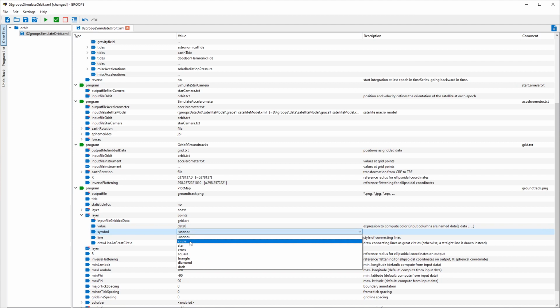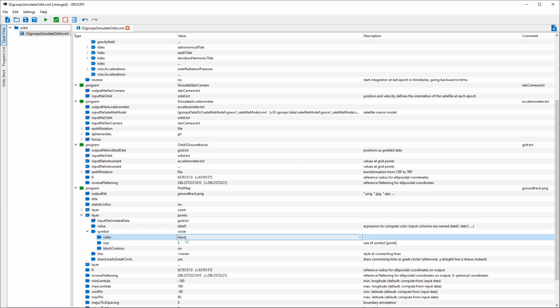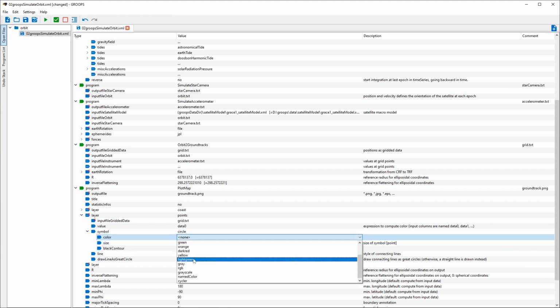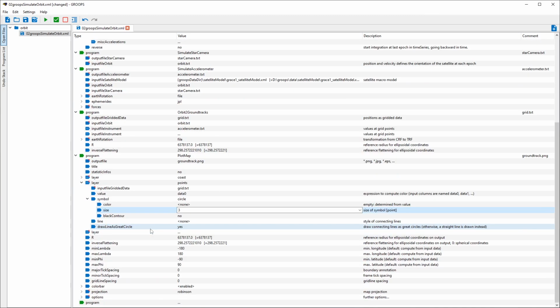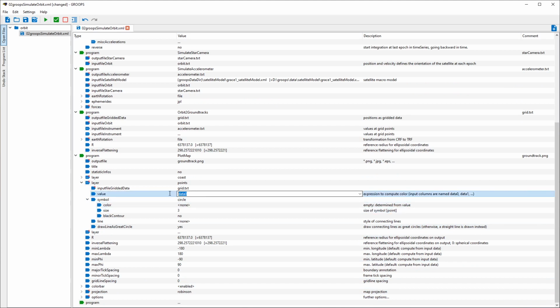As a symbol, we will use a circle, and the color of the circle should be determined from the value. You can of course choose any color, but if you set it to none, the color will be determined from the value itself, as long as you set a color bar, which is enabled by default. And for data,